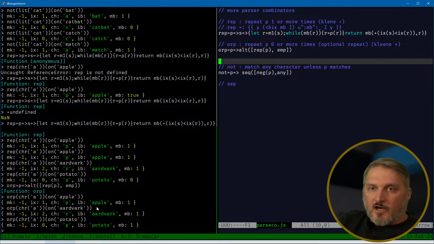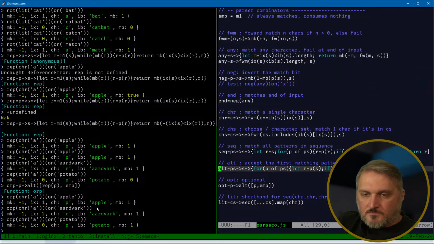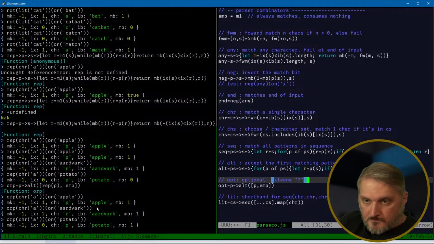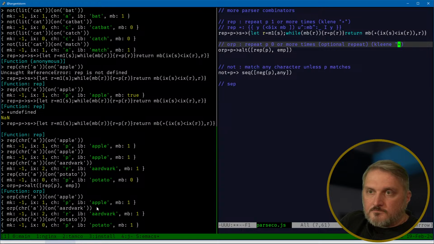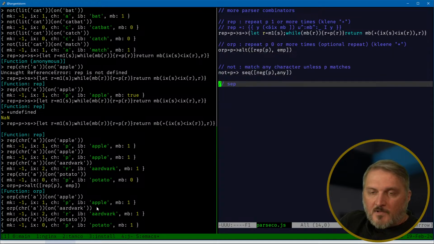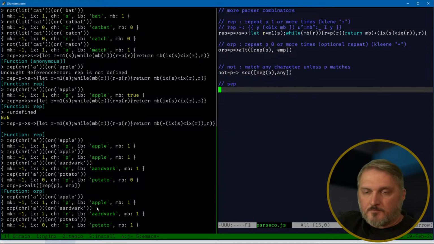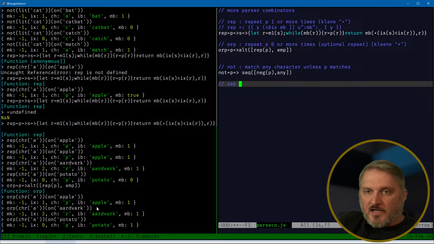And then opt would be the question mark, Kleene question mark. And then sep. Okay, sep is to match a sequence separated by